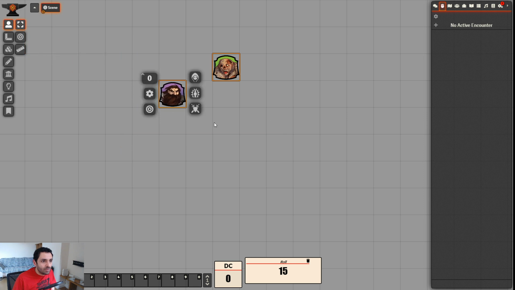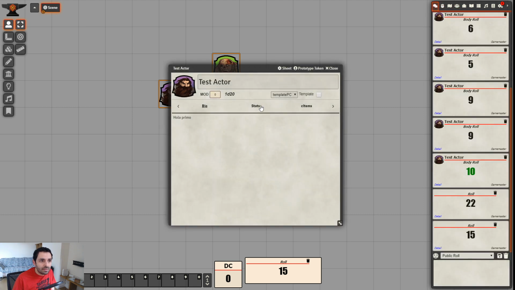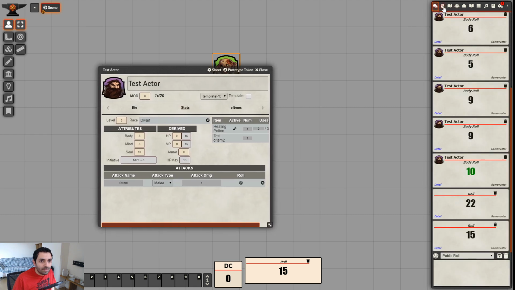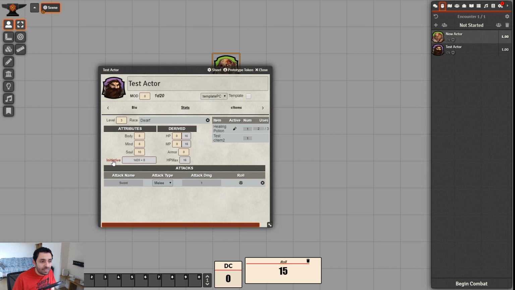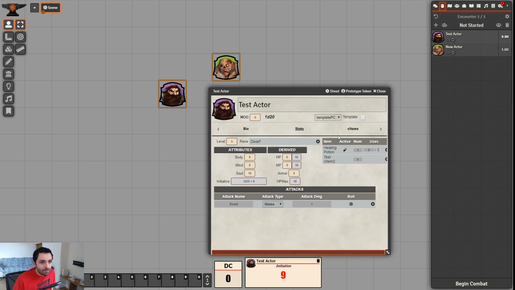Let me add these 2 guys again here, and what I'm going to do is open the actor, and now you see initiative is clickable. I click on initiative 1, and 1 plus 8, 9, and it gets there. Fantastic, huh? And finally, oh my god, almost 40 minutes, we have the last 2 expressions, which are